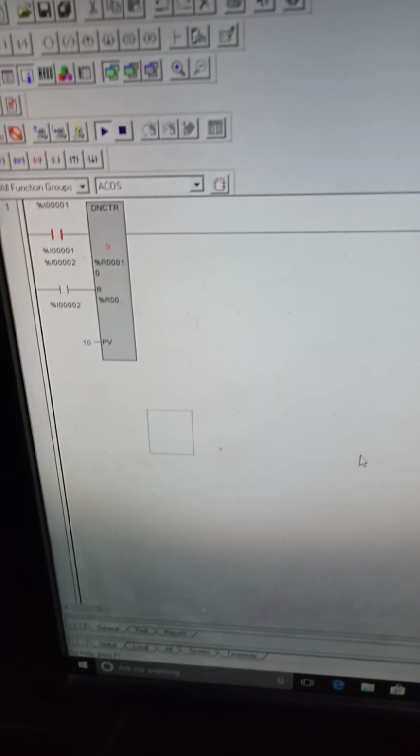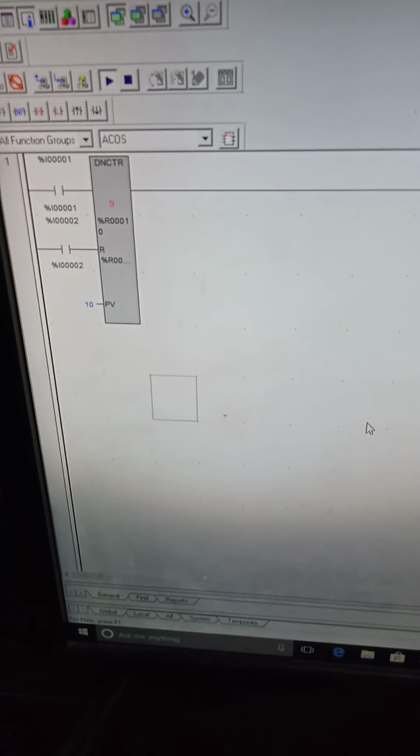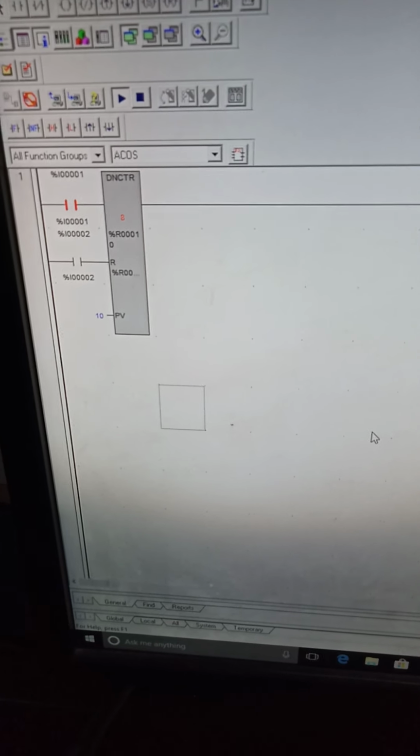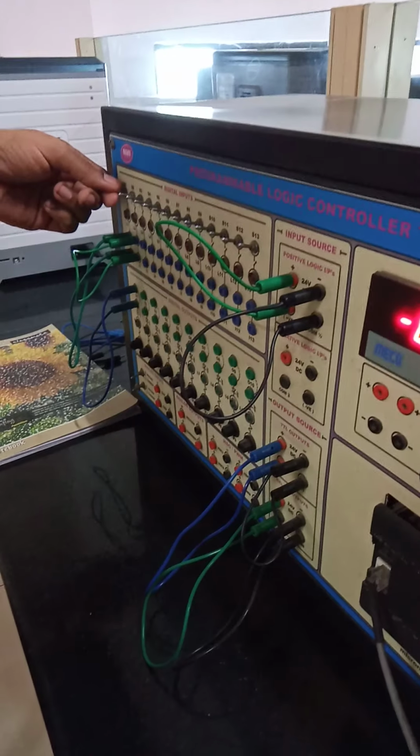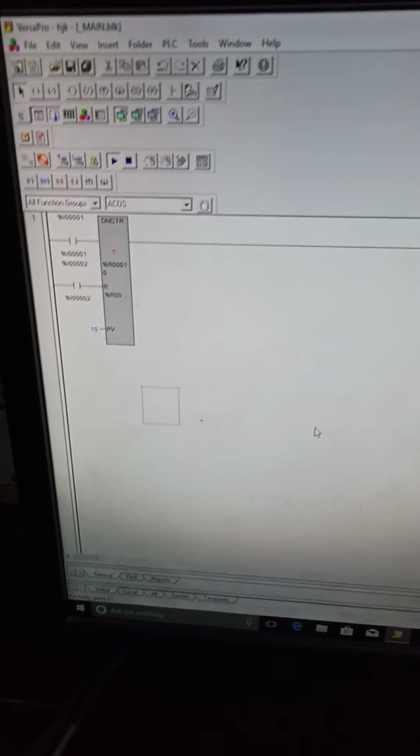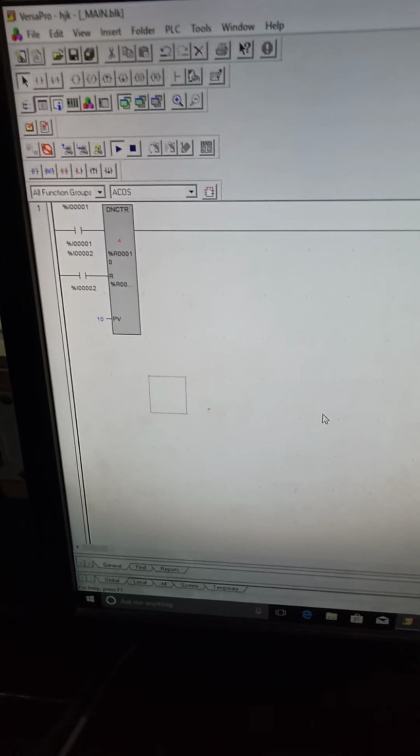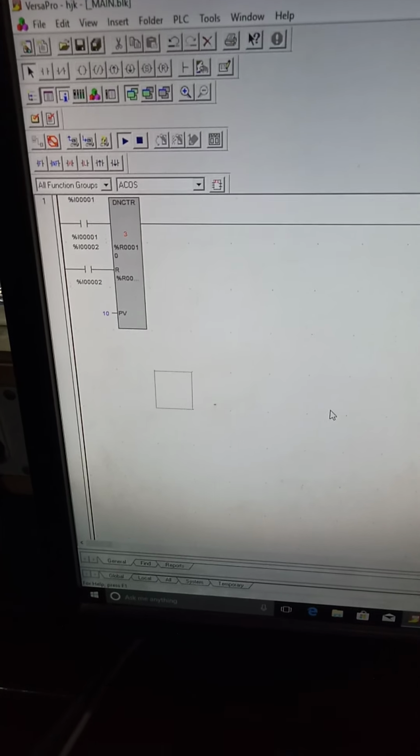So now you can see, you can go back. Every time you go back, it will reduce by a value of 1. So here it is opposite. Okay, now it becomes 9. Okay, up counter and down counter, they are opposite. In the up counter, the value will be increasing from 0 to 7 or 10. Now here the value will be decreasing. Once the value becomes 0, the output will be on.